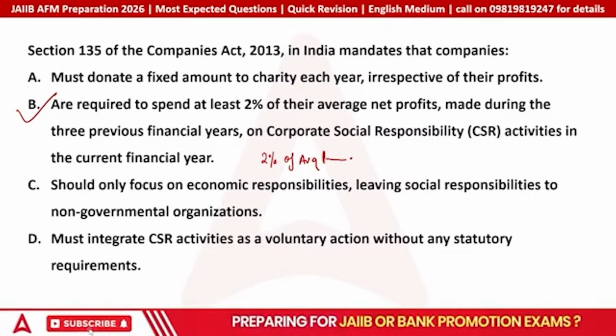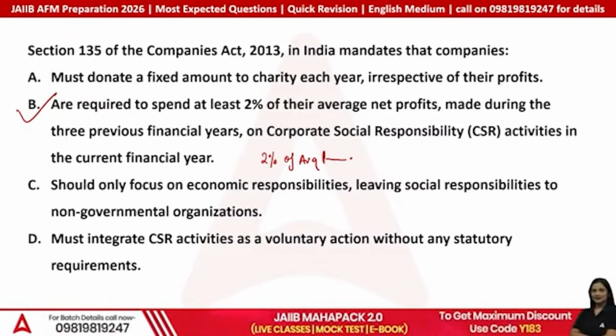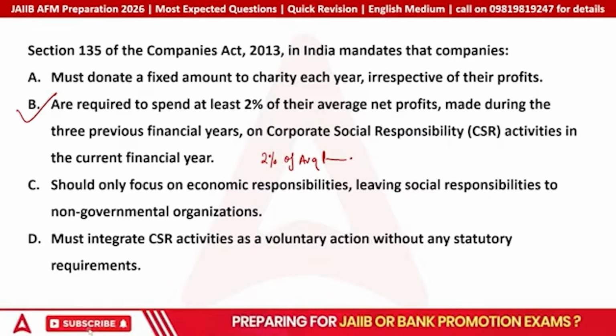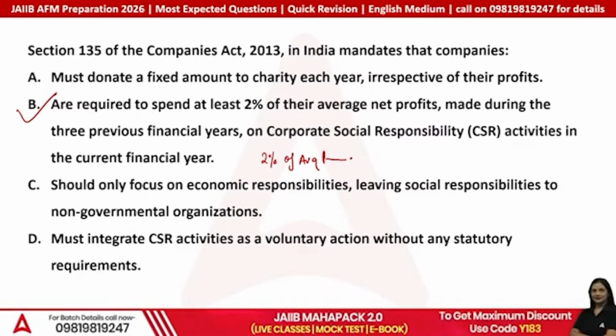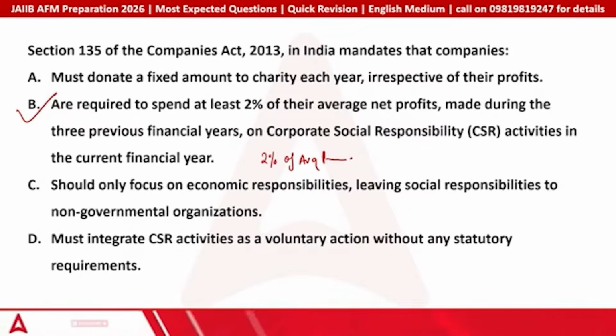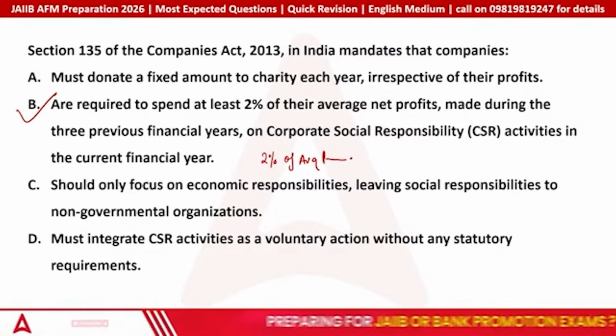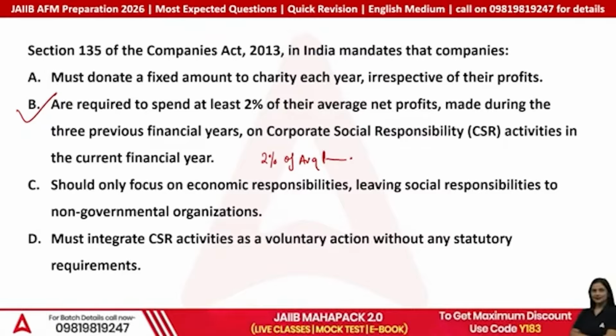corporate social responsibility. And these years are previous years, right? Last 3 financial years. In any particular year, if the company has not earned sufficient profits, in that case what we will do, we will exclude that particular year. So that is also very important to understand, which has to be excluded. Correct? Any doubt?